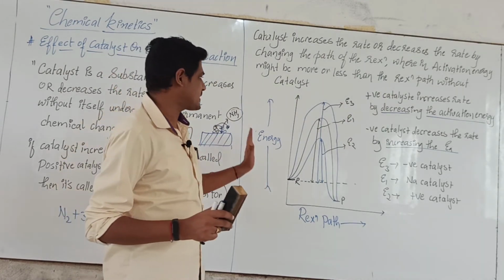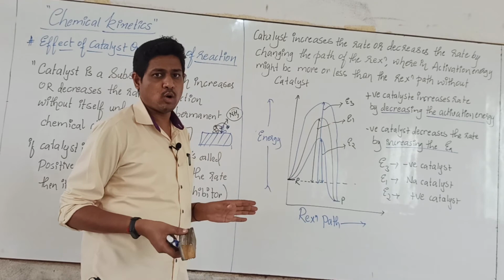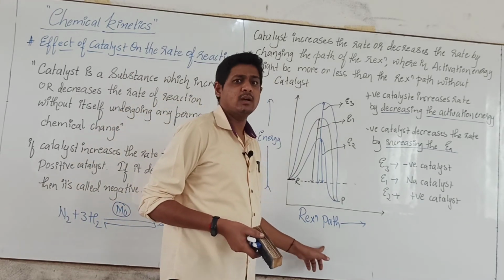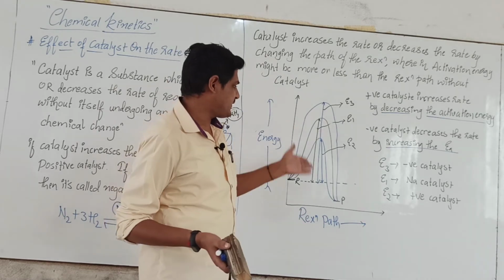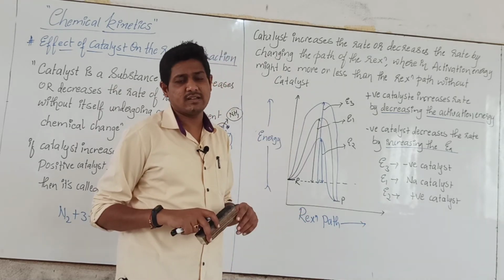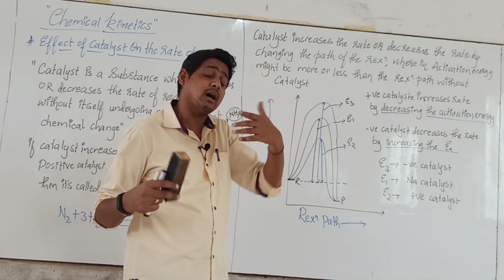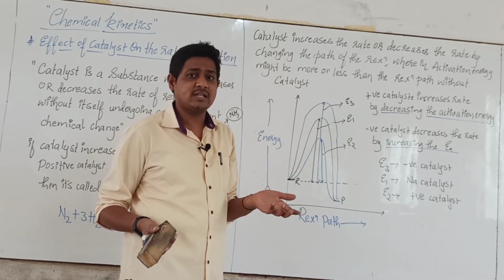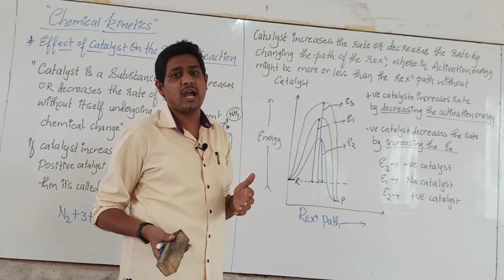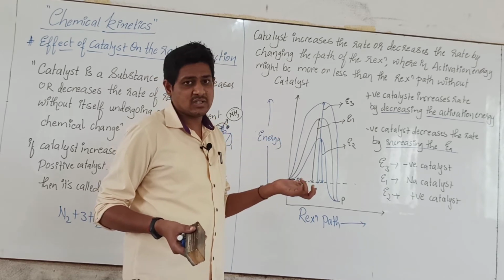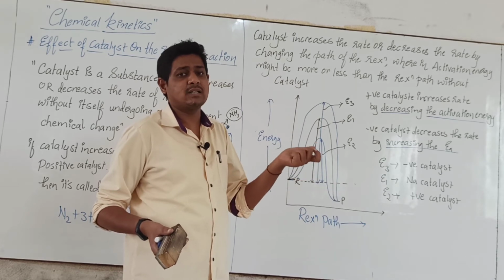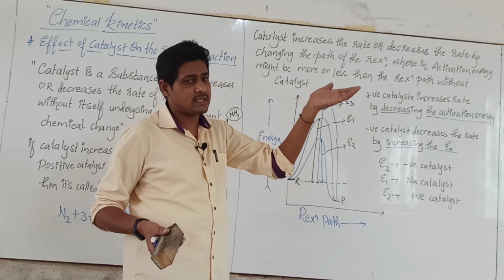What is this? Let us understand from a graph. I have plotted a graph of energy versus reaction path. Okay, so here, what is the energy? Energy is the amount of energy which is required to... Okay, this is the graph as we have studied in the previous classes, wherein we were understanding what is activation energy. What is activation energy? The extra energy that we have to supply to the average reactant molecules, so that the energy of those average reactant molecules will become equal to threshold energy.